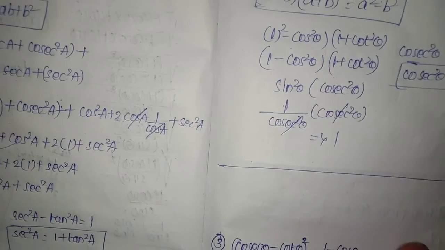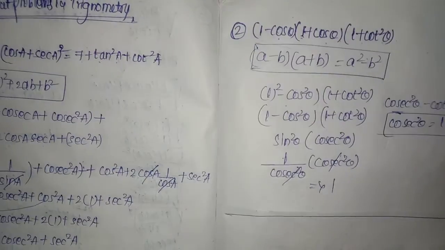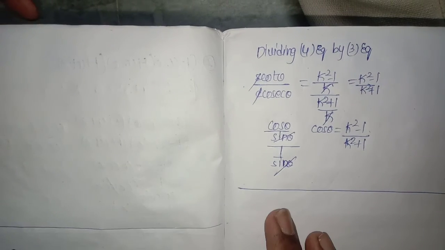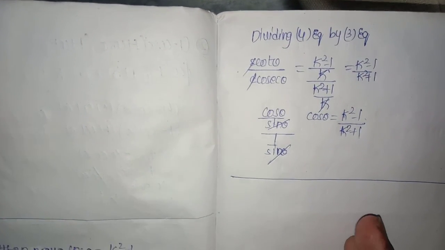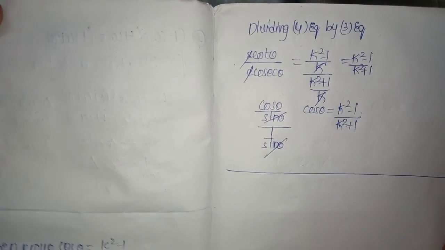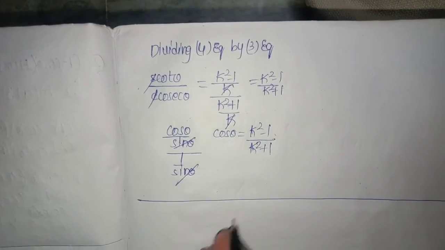So in this method we have solved 5 important problems for the trigonometry chapter. So this is about trigonometry. In these 5 videos I have told about the trigonometric chapter and how to solve problems based on that concept. Tomorrow onwards I will tell a new chapter about 10th class.